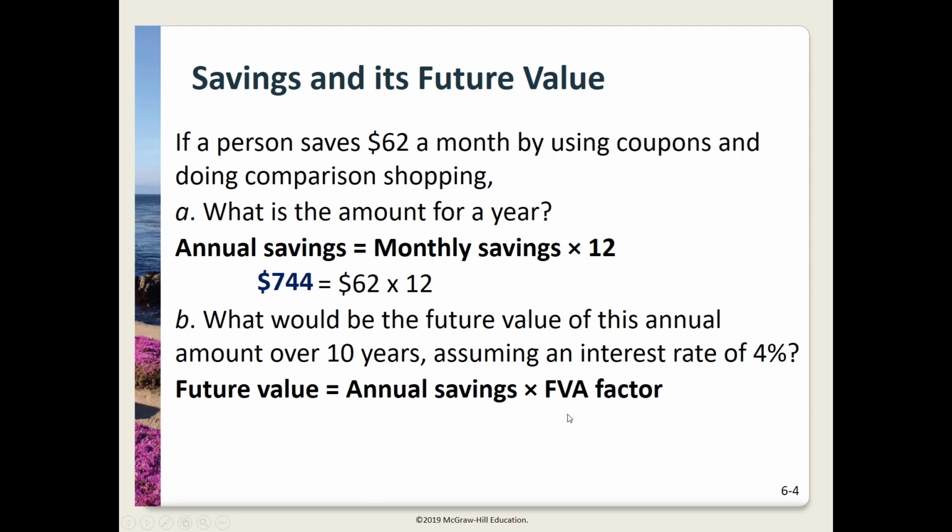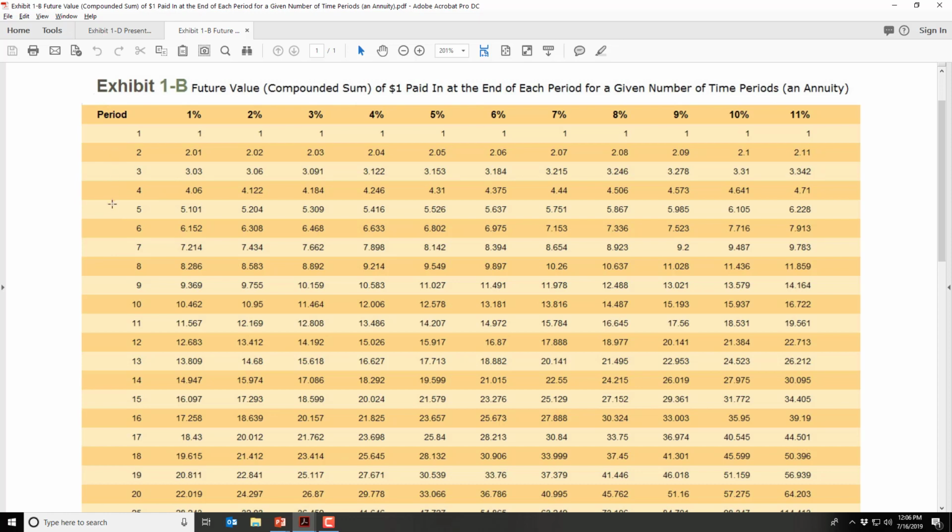So here's our future value formula. We're going to take that annual savings we found in Part A and multiply it by the future value annuity factor. I'm going to be using Exhibit B for this one. For our period, we're working with 10 years, so I'm going to go down to the 10-year row. And we're working with 4%, so I'll go to the 4% column and go down until I get to the 10-year row. And so our FVA factor is